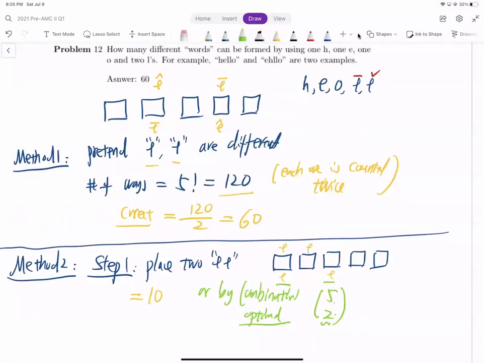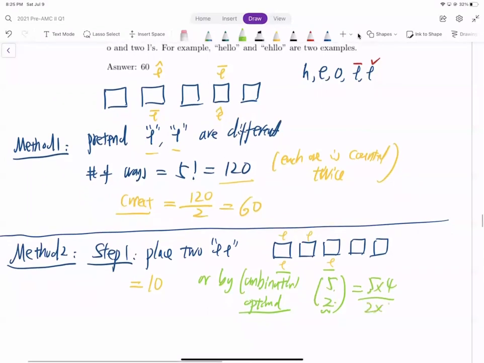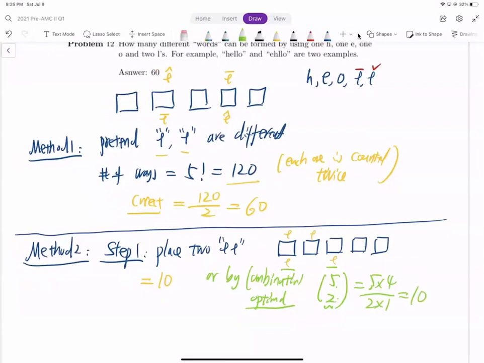From 5 positions, choose 2. And we know the formula. Now, if you know the formula, it's fine. If you don't know, which is okay, just use it. If you don't know it, which is completely fine. All right, so then you say, okay, so how you can calculate 10, right? And then after you put these 2 L's, right, step 2,